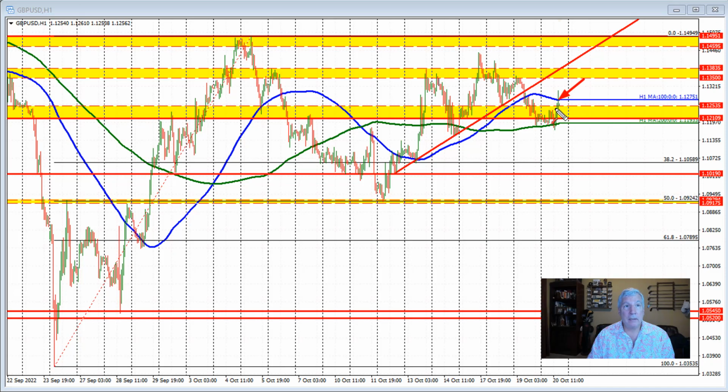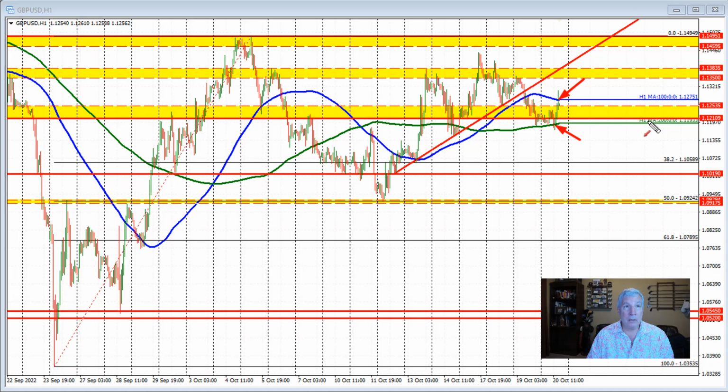1.1260. That still remains above this area through here, where we had a number of different swing lows and swing highs going back in time. More recently, we found some lows this week through that level, and in trading yesterday, we moved down, tested the 200-hour moving average, and in the early London session, the price did move below the 200-hour moving average briefly, only to rise back above that level. So with the price now continuing between the 100-hour moving average and 200-hour moving average below, and this swing area between,